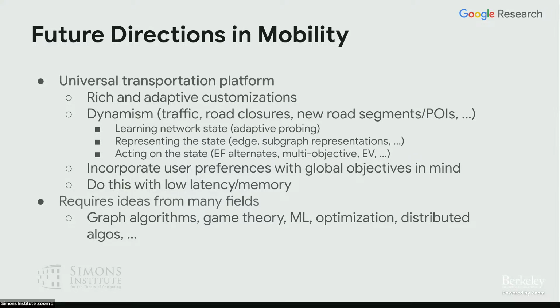And then, of course, finally, what do you do with the state? You act on the state by providing some solutions, finding quickly a number of alternate ways to reach a particular destination, for example, doing multi-objective routing: safe but fast, safe but scenic, and so on and so forth. And of course, new routing paradigms are coming now, like EV routing, which is becoming very, very important as EV adoption takes off.